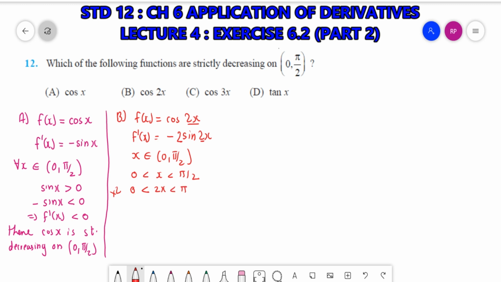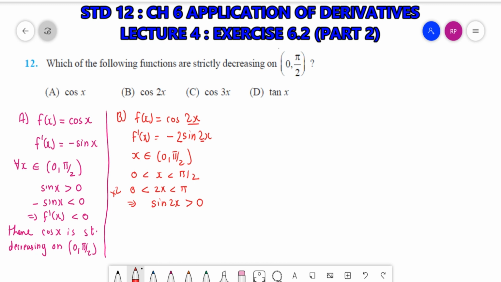This is the first and second quadrant. Now in the first and second quadrant, sine is positive. So this implies sine 2x is greater than 0. It is 0 at 0 and pi, but that we are not taking, it is a strict inequality, it cannot be greater than or equal to.